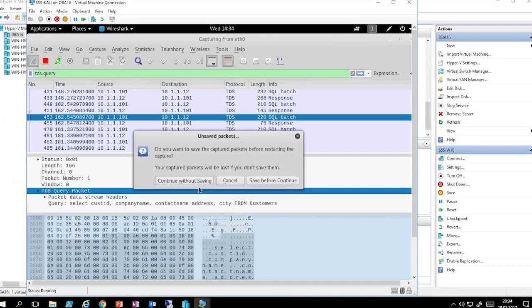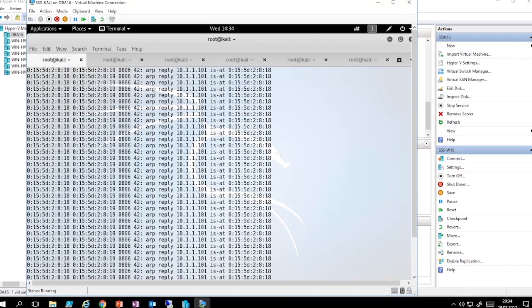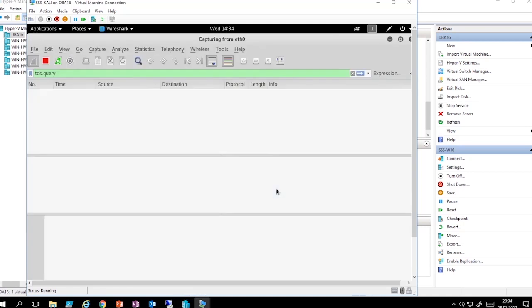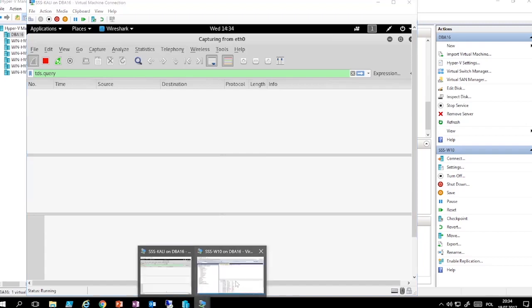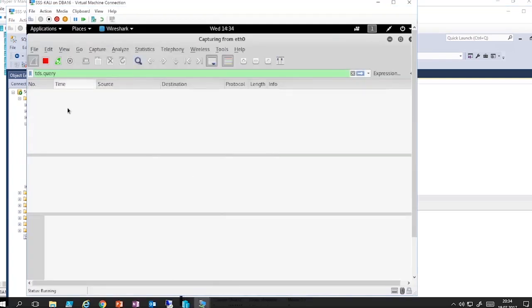Wireshark again, so let me switch there. ARP spoofing. So I started the ARP spoofing. Again, I should see in the Wireshark the query that is executed. Okay, let's try to do this. I'm refreshing, and this time I do not see any queries here. Why is that? When I remove the filter,